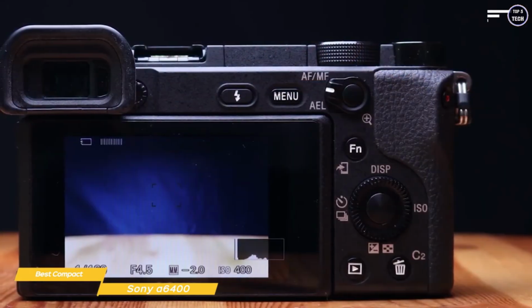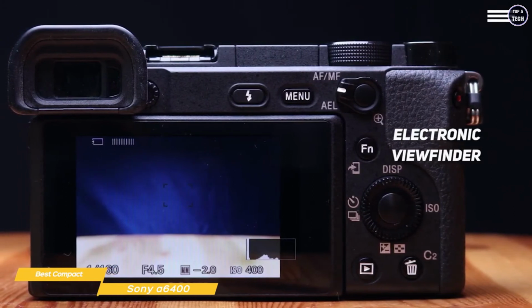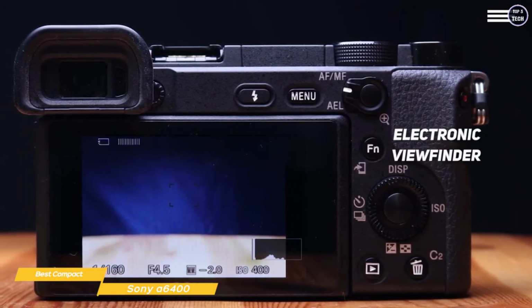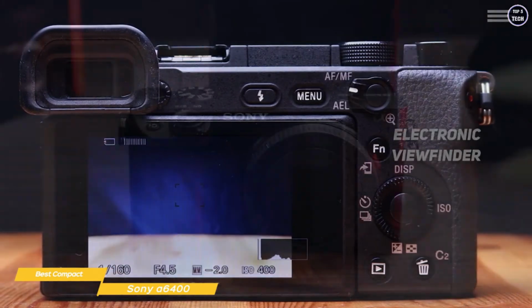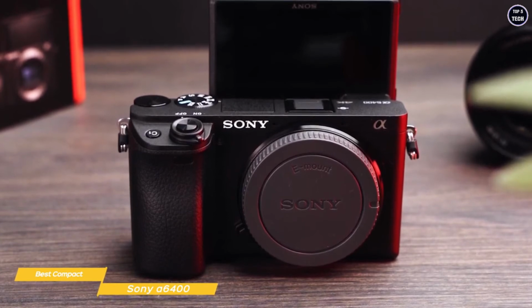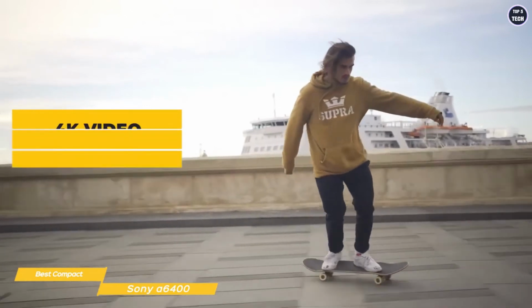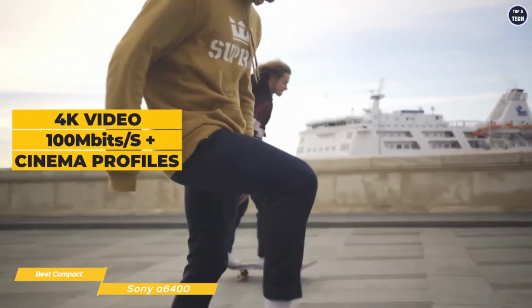The electronic viewfinder is a 2.36 million dot unit with 0.7 times magnification and is paired up with a 921,000 dot 3-inch touch display on the rear of the camera. The screen can be tilted upwards 180 degrees, enabling vloggers to frame themselves easily. Vloggers will also like this camera's solid video credentials, including 4K video captured at 100 megabits per second, S-Log3 and